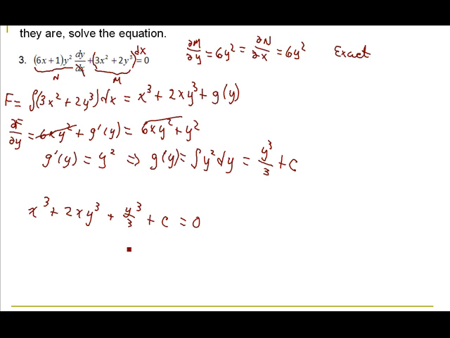Now, this is the answer, and if you want to leave the answer in that form, you may. If you want to solve this for y, you can, because we do have a y that can be factored out. So I'm going to factor out this y³ to leave me with 2x + 1/3. And I'm going to bring the other terms over to the right side. They'll become negative. Equals negative x³ minus c. And then if I divide by 2x + 1/3,